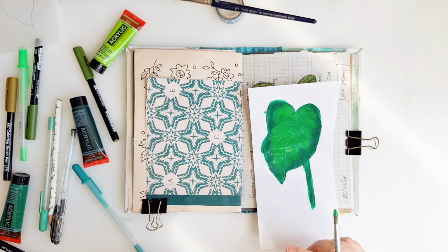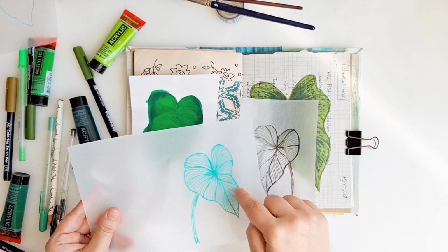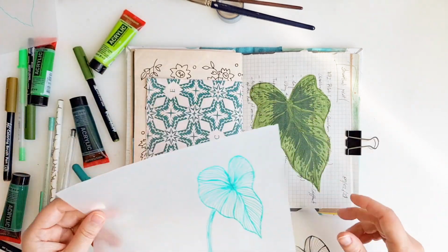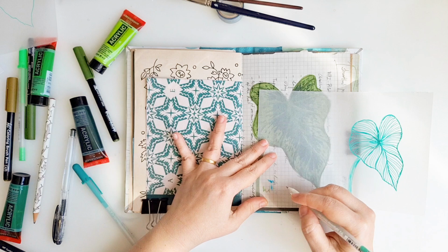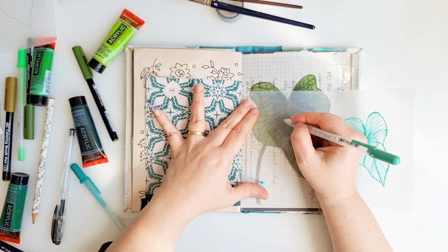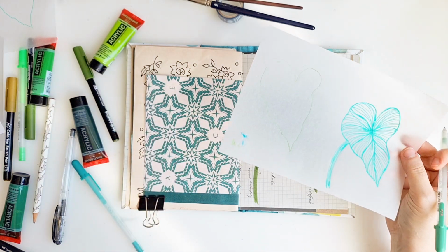We will wait for them to dry, and just to have an idea, we'll have another one here, and then this one. And I think this color is not matching this leaf at all, so let's grab the other green. Let's see. Oh, it's way better. So I will draw again another leaf. Maybe it is too large. Yeah,